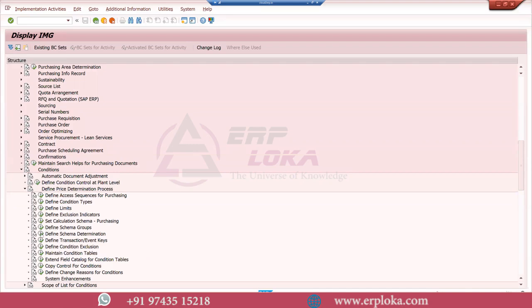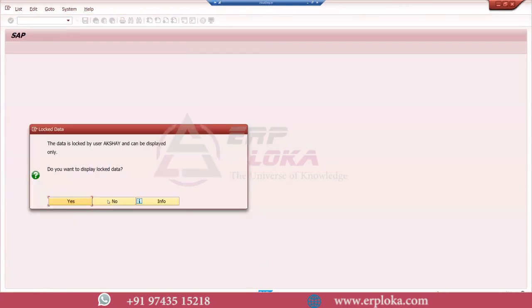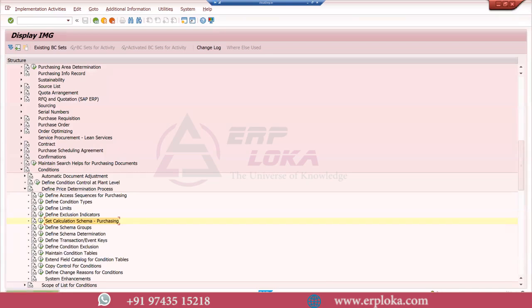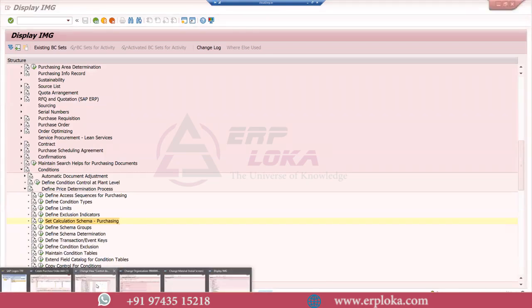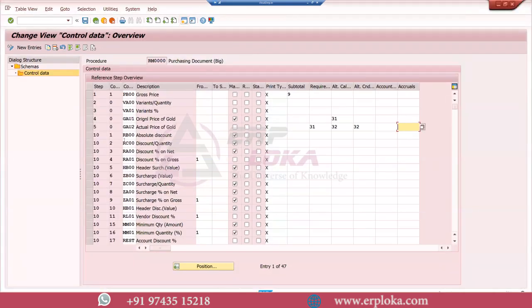Here I go to calculation schema. The error is because in one ticket I had deleted the manual price. That is the reason I am getting this error. I think I've logged it somewhere. Okay, it is here. So what I want to do is,